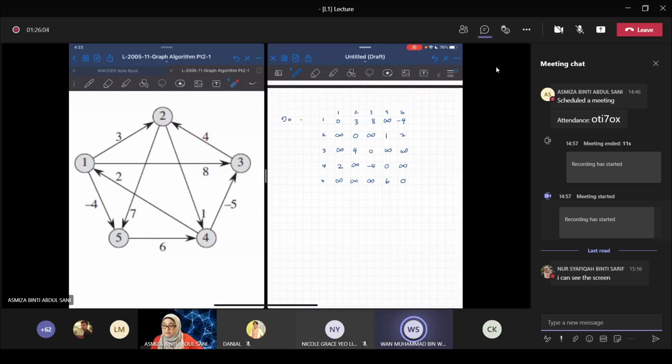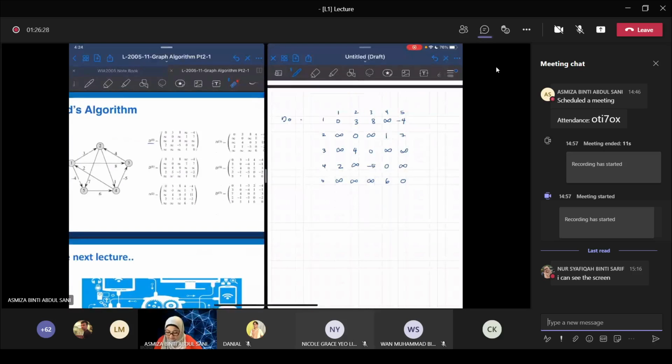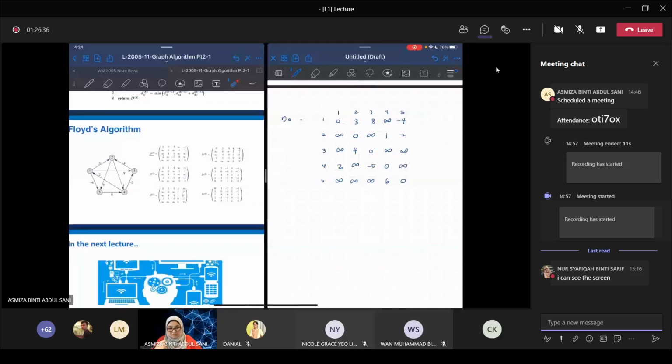Basically by applying this Floyd-Warshall algorithm, in the end, the last adjacency matrix that you're going to get will show you the distance from all nodes to the rest of the nodes. But to get to that last one, let's say for example there are 5 vertices here. So you are going to create this matrix for each of the nodes. We're going to go through each of the nodes until we arrive at the last one, and this last one is going to show you the distance from